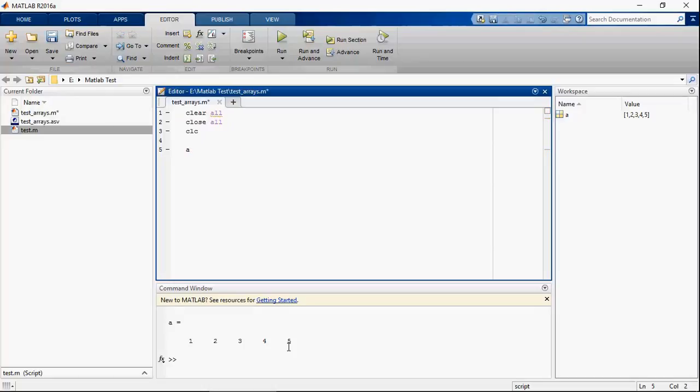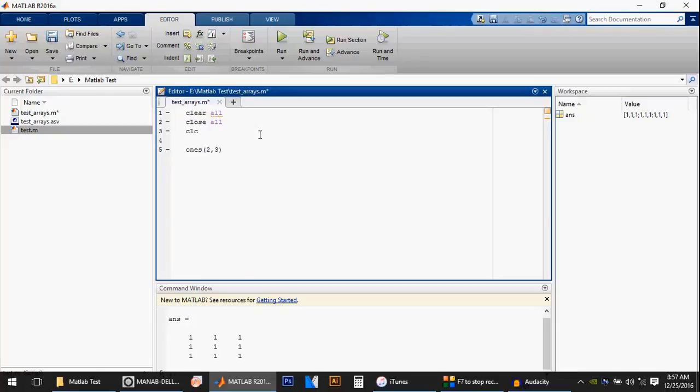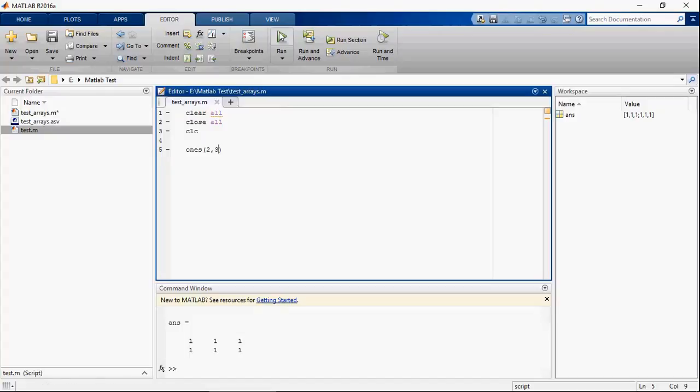Now there are some standard arrays in MATLAB. For example, if you type ones(3), this will create a 3 cross 3 matrix with all elements equal to 1.